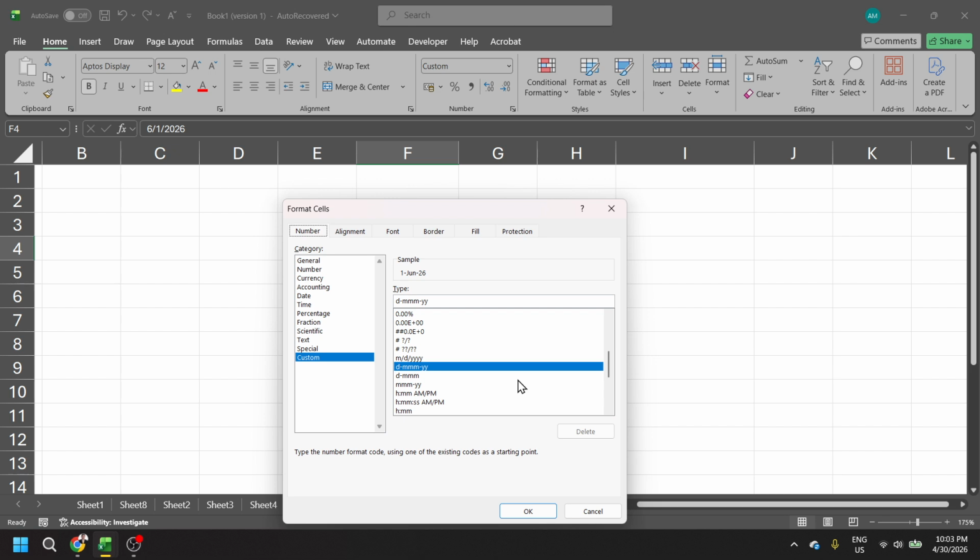Choose the Custom category. Custom formats let you pick specific building blocks for dates. In Excel's date formatting codes, D represents the day and M represents the month. Using DD forces a leading 0 for single-digit days, while MM forces a leading 0 for months. If you prefer words, MMM shows the three-letter month, like Jan or Sep, and MMMM shows the full month name, like January